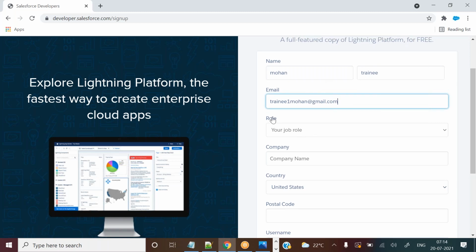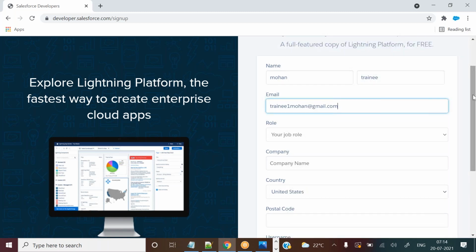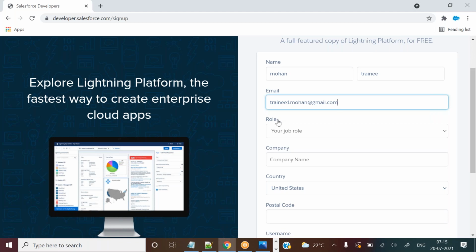This is the first name and last name, and your email. You can give a Gmail address. You need not give your company email. Some people are working in a company, but you need not give it. You can give your personal Gmail. If you want to give your company email, not a problem. And role.